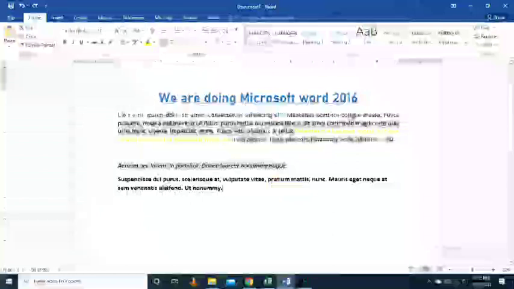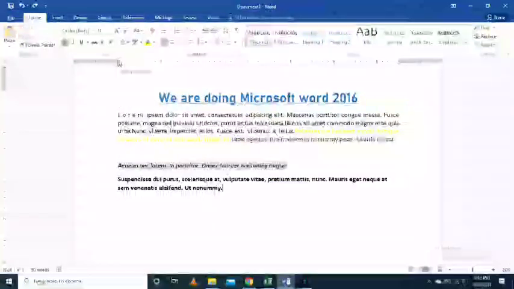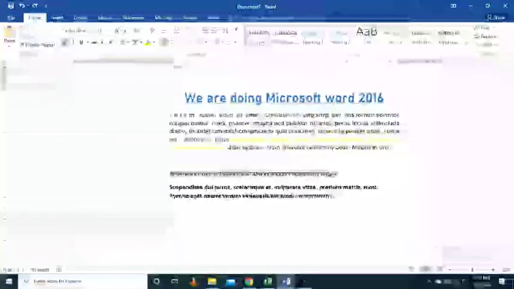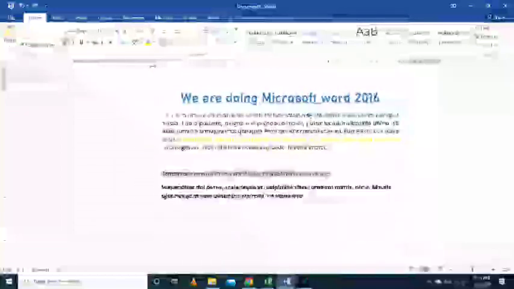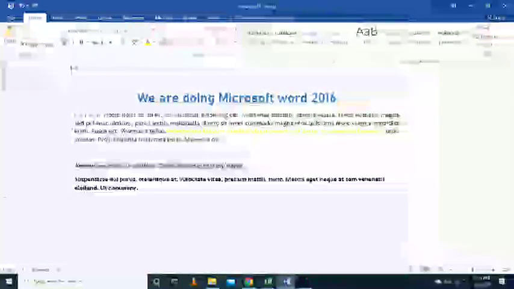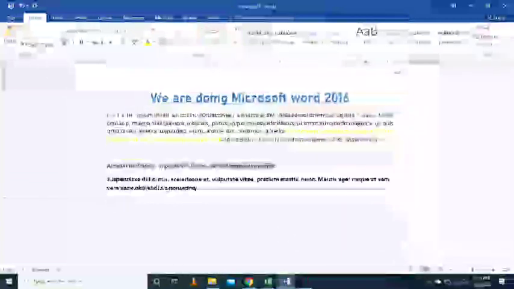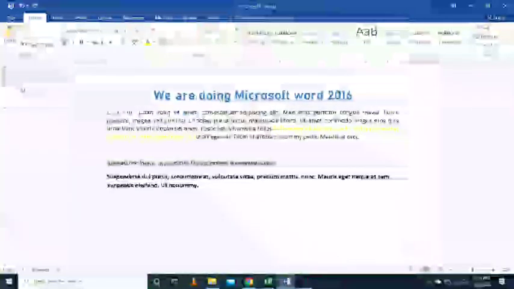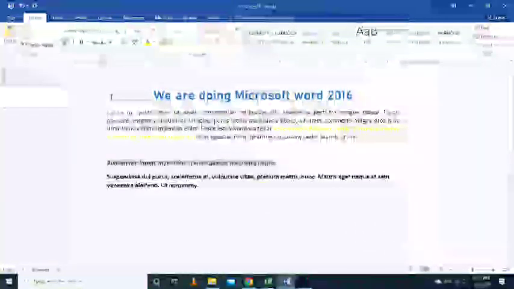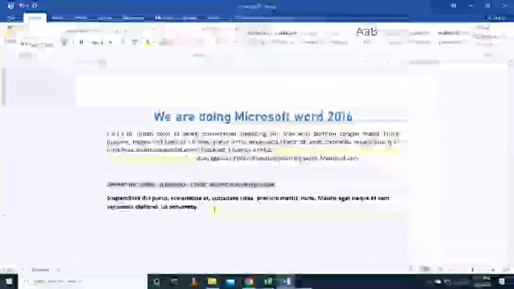But if you want to give the page margin, you go there, and when the two-headed arrow appears, just click it and drag it. Everything is moving, not only one paragraph, because we are setting the page margin that way. Here also the same thing, like the top, bottom. So in this way you can set the margins.